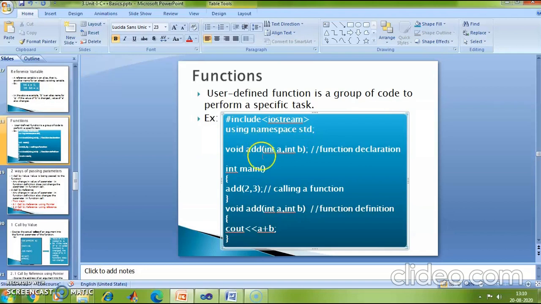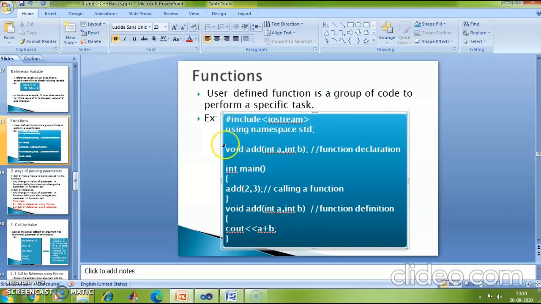You see, the add function is defined after the main function. So you have to tell the compiler that in my main function I have used a function add, and it is being defined in the section after main.